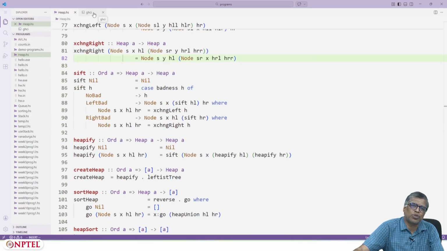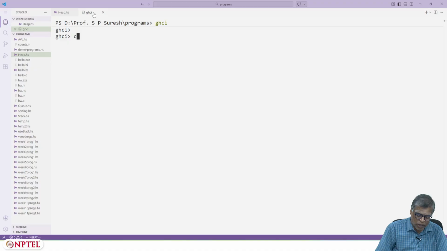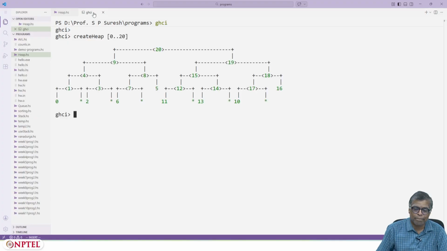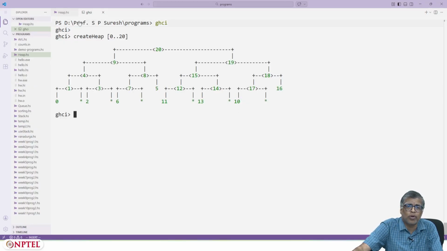I can just show you, just so that you can visualize this. I can do a create heap, and I can just say 0 dot dot 20. Yeah, you can see how it is, right? 20 is at the top, and this is a leftist heap, as you can check, and it is height balanced. 20 is at the top, its children are 9 and 19, right?